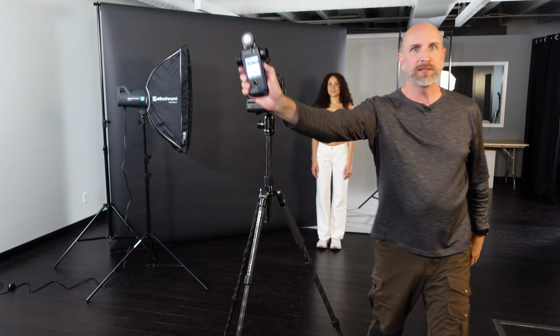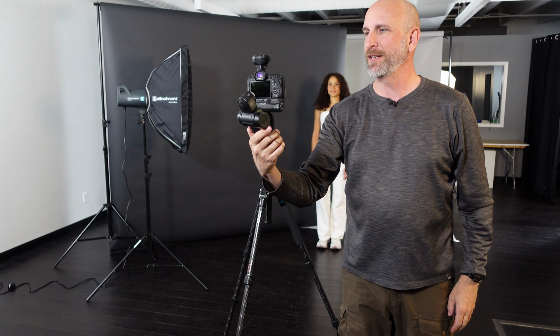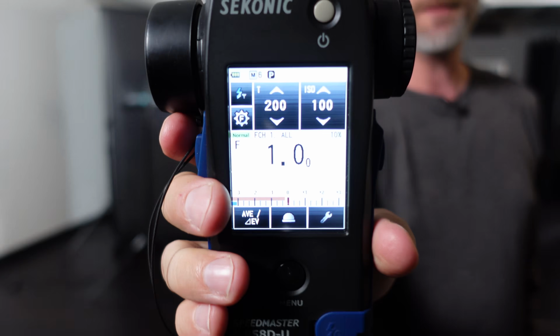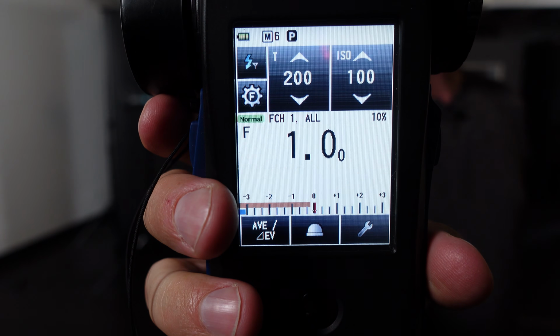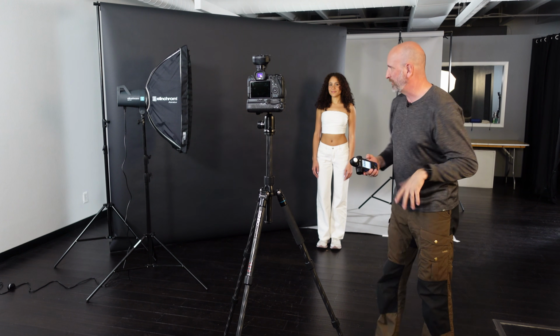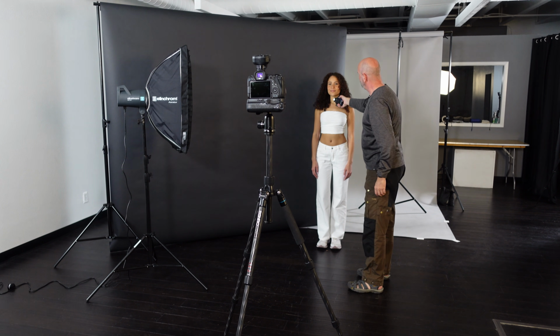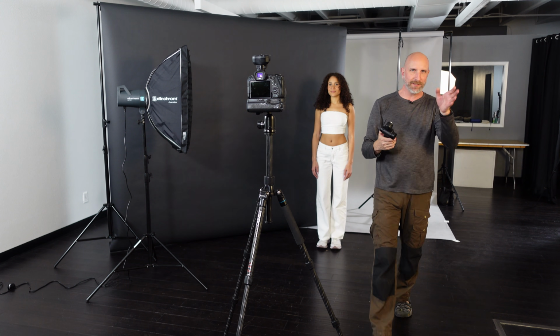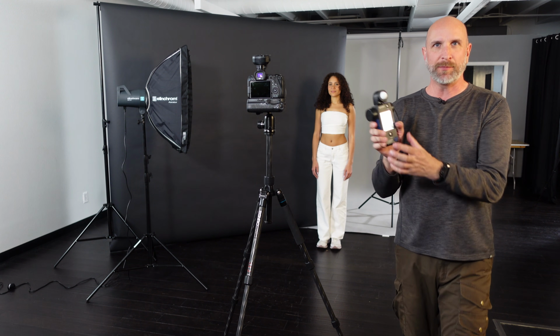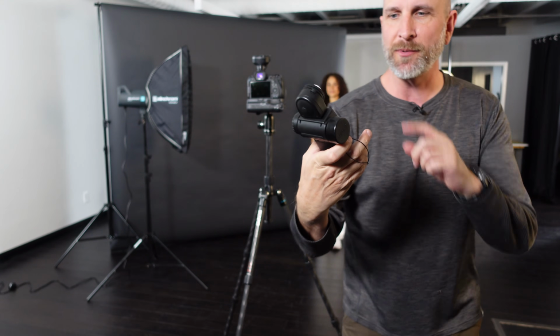In fact, I can meter maybe right here, and yeah, you can see that red line? That's showing me the video light, and we're not getting anything from the flash. And so I can see in the studio if I'm getting any light pollution. So I'm gonna go back here, meter again. So we're right at 2.8, exactly where we were before. And then what I'm gonna do is put that in memory, because I want to remember exactly what